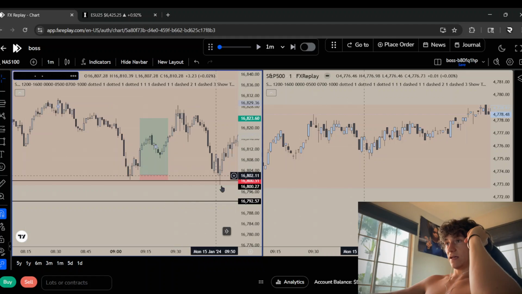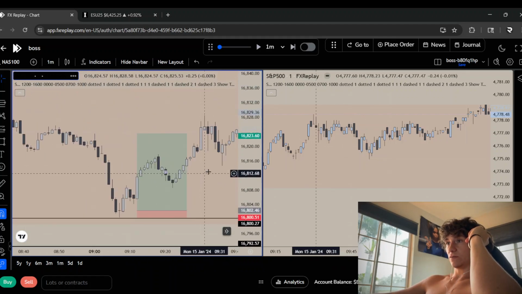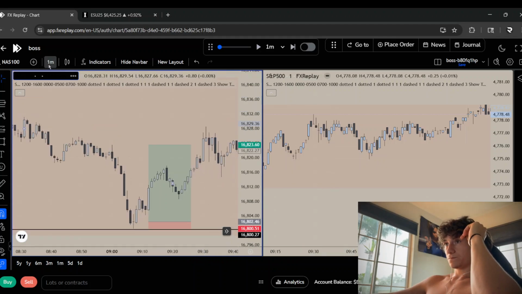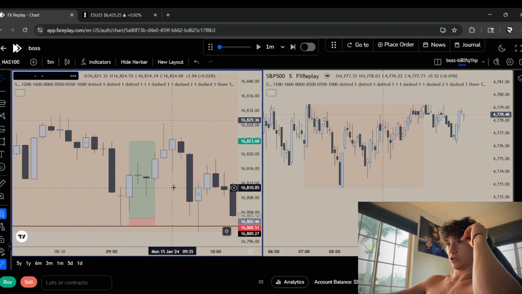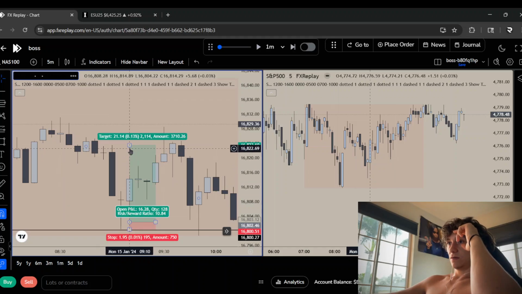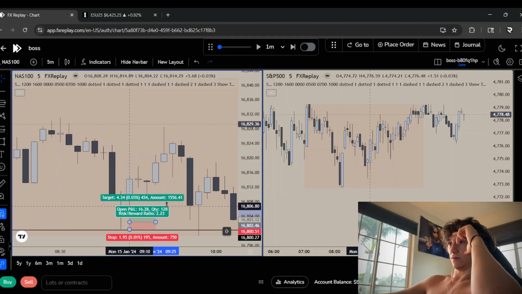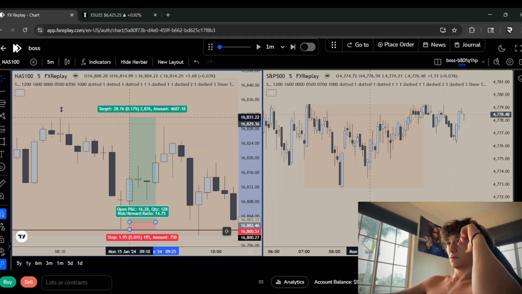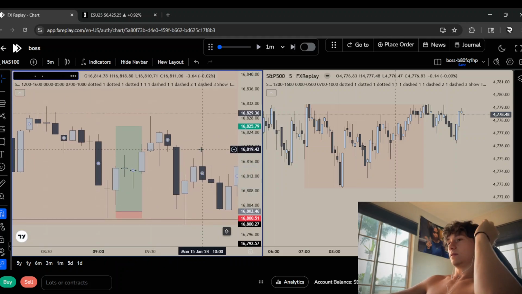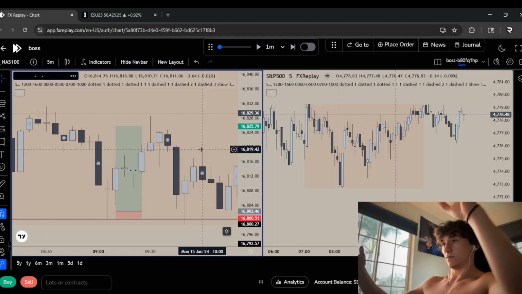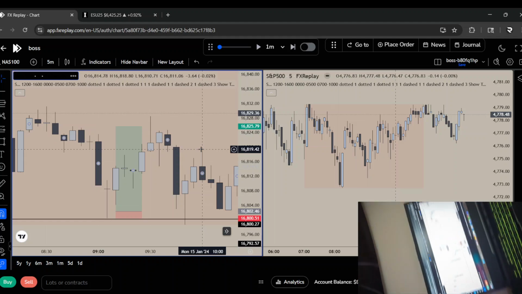Anywho, in this situation, realistically, I would have gone on the 5 minute and I would have been like, okay, this trade is crazy. Where do I need to target? And I probably would have started pulling it and been like, whoa. Like, all right, what about this high? Well, it went at 12. So I probably would have just gone right there. That's what I would have done because doing a 1 to 20 unfunded is ridiculous in my opinion.